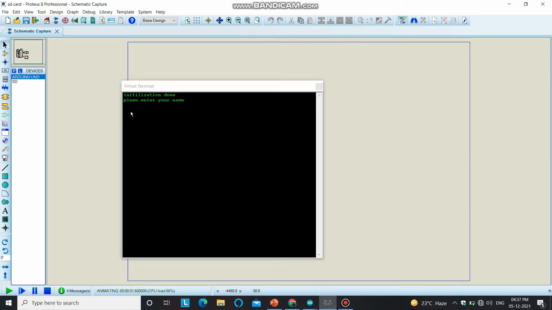Here you can see that my system is waiting for the user to enter anything on the serial monitor. Let's try to enter multiple characters at a time. Let's try to enter something, let's say my name, BILAL. When I try to enter my name or multiple characters as input, this system is not allowing me to enter multiple characters.